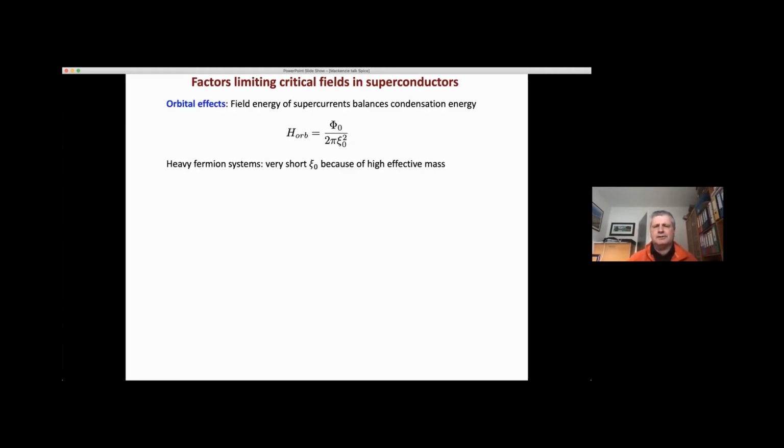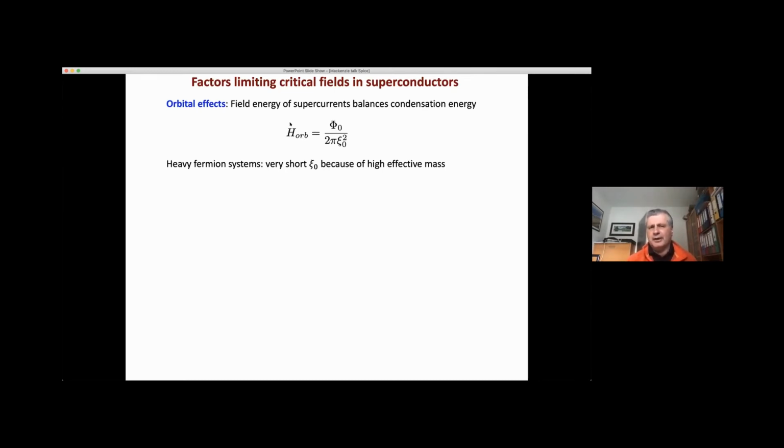So in order to discuss that, because it's kind of a mixed audience of mixed background, let me just remind people of the factors that limit the critical fields in superconductors. There are always energetic balances, but they're balances between different energetics. So if you have what are called orbital effects, that's the critical field being determined by an energy balance between the field energy of making supercurrents and the superconducting condensation energy. If the field gets too high, the field energy gets too big and you go normal. That's a famous